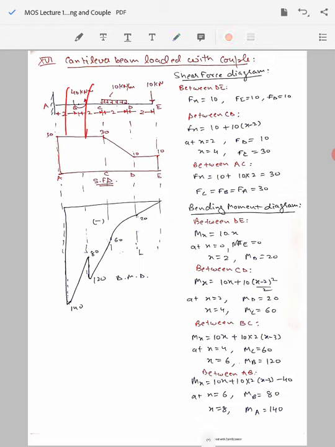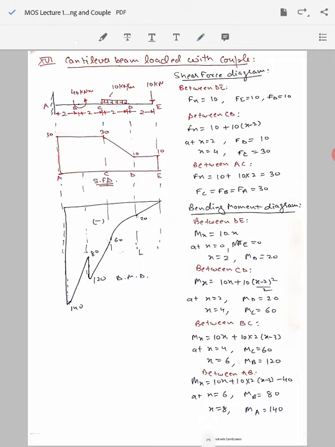For that entire span, my equation for the shear force will be 10 plus 10 into 2, because this is now the complete load that will be acting on the right hand side of the beam. So 10 into 2 is the amount of load because of the uniformly distributed load. So that gives me Fx equal to 30. So please do remember that due to the applied couple or moment, the shear force equation is not going to change. It will not affect your shear force equation.